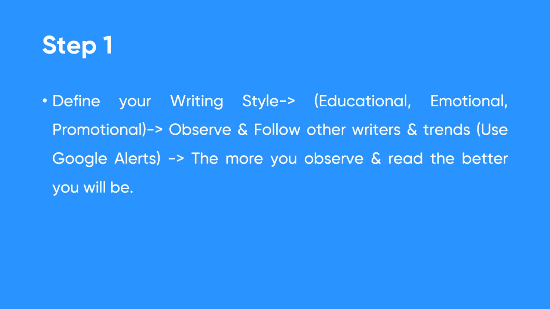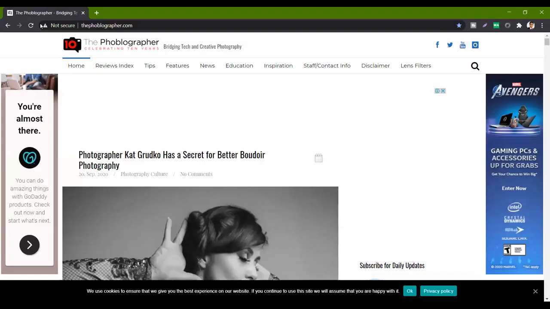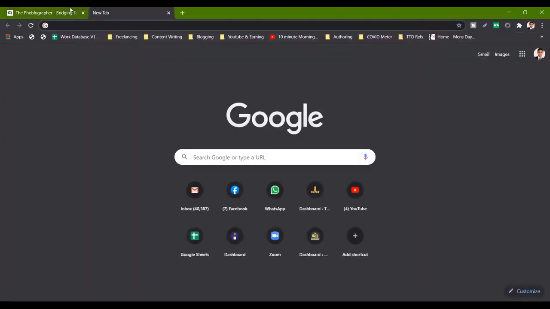For example, you have decided, okay, I will write about gardening, or else I'll write about technology. Then you have to see how others are writing and what is trending in the market. The more you observe and read, the better you will be. For this, if you want to follow someone and know what is trending in the market,